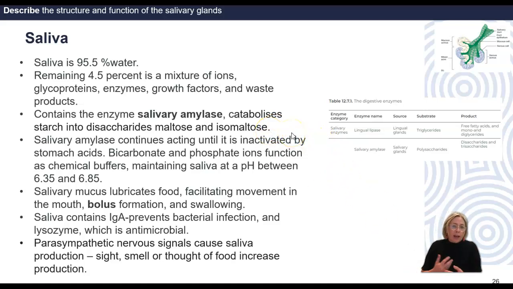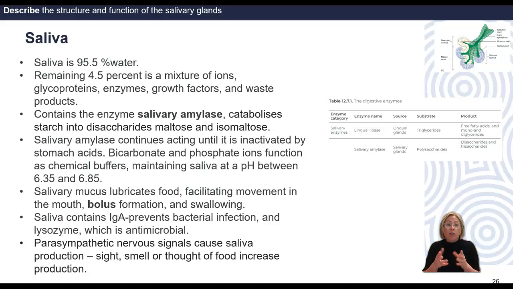Food doesn't tend to hang around in the mouth for very long though, so you don't get too much carbohydrate digestion occurring. And then, that salivary amylase does continue acting until it's inactivated by hydrochloric acid in the stomach. The bicarbonate and phosphate ions will function as chemical buffers, maintaining saliva at a pH between 6.35 and 6.85. We do have this mucus that's present in saliva, and it acts to lubricate food, and that facilitates